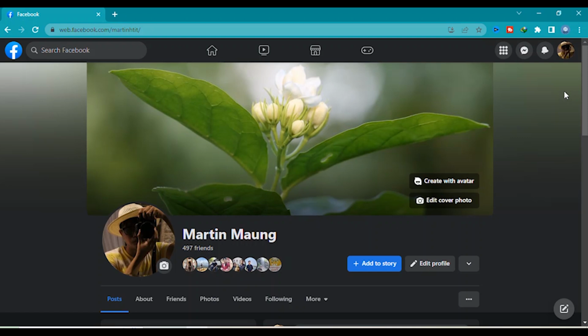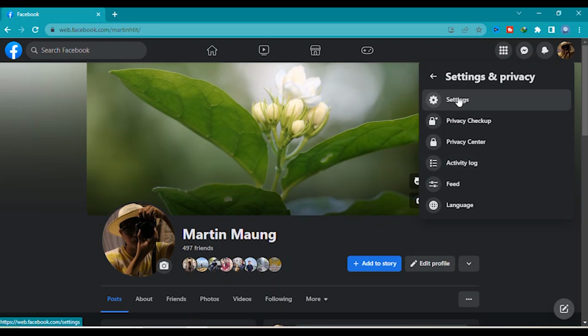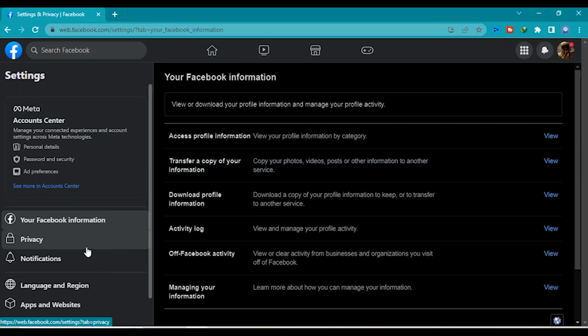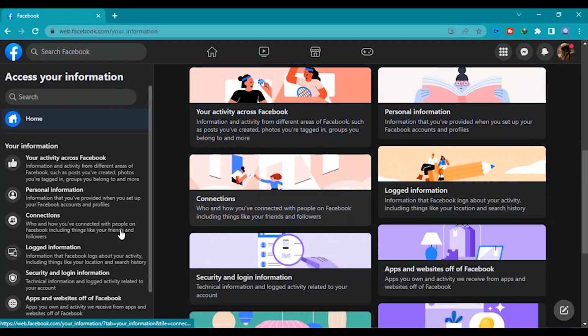Go to your Facebook account, go to your Facebook profile, click on your profile picture, click Settings and Privacy. Click on Settings. You will see here your Facebook information, and then this side is Access Profile Information, so click View, and you will see here this side Personal Information. Click there,